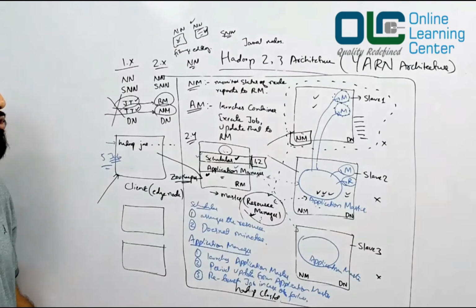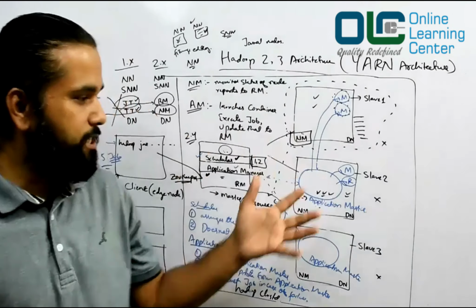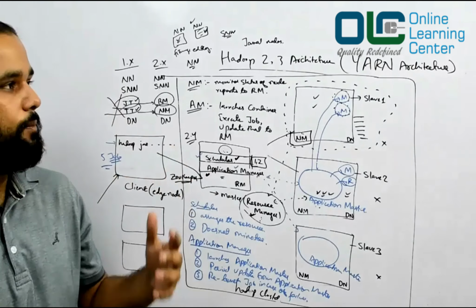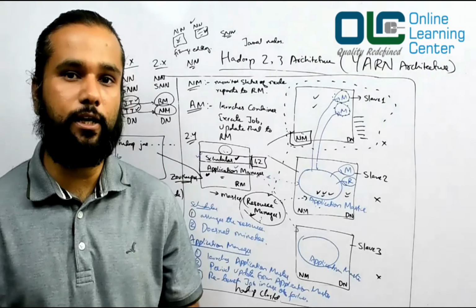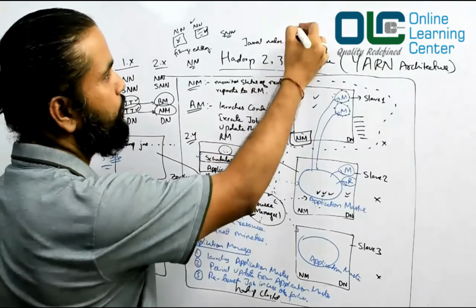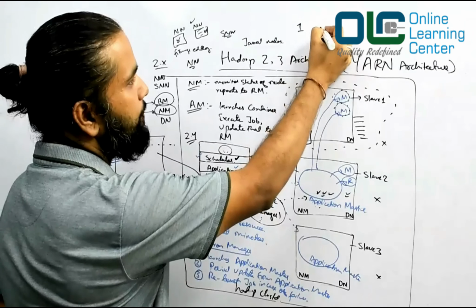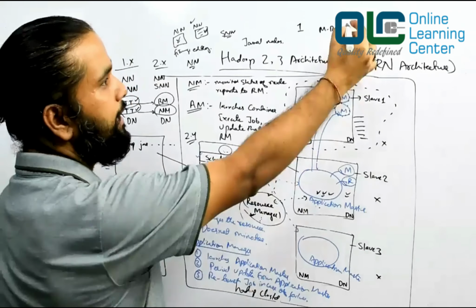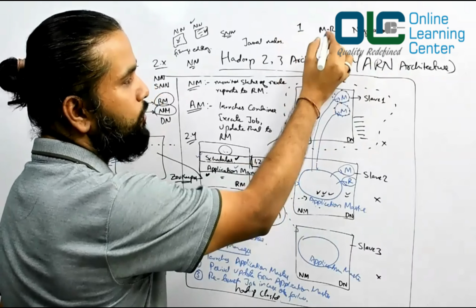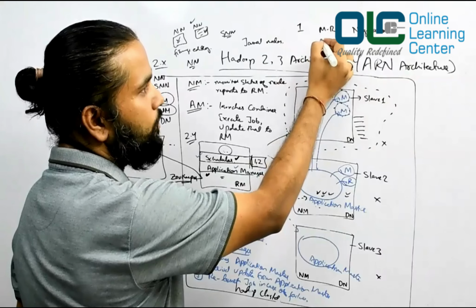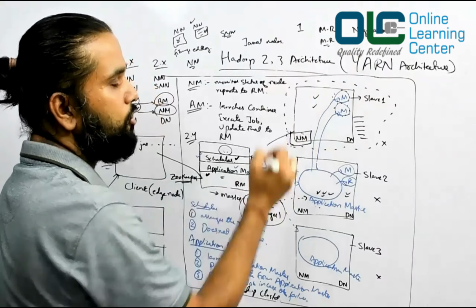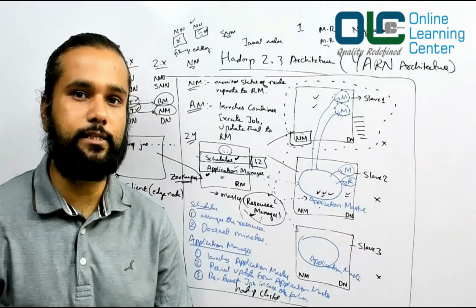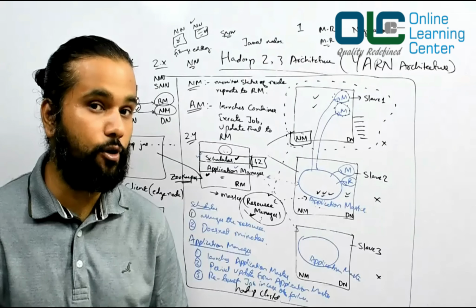All right, so we understood this, and this is basically called your Hadoop 2 architecture. Now, in Hadoop 2 architecture, what is the problem we have solved? Let's try to understand that. In Hadoop 1, you had only MapReduce, a framework which is also a negotiator, and the biggest drawback was that it accepted only MapReduce jobs, and nothing else.